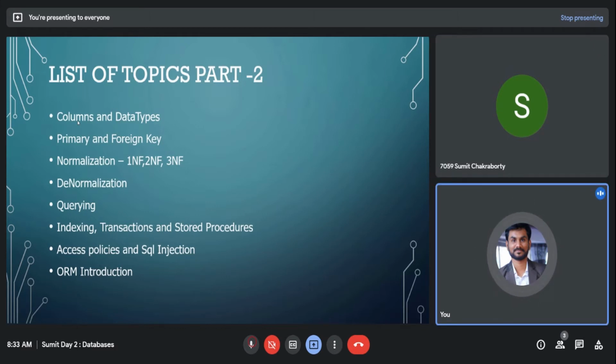Column is first name, last name, and date of birth, whereas row is Sumit Chakrabarti, and then say 10th of July 1997 as the date of birth, right? So that's your row. So what is your primary key there? It could be anything. It could be as simple as 1 2 3 4 because you are the first student there, or it could be uniquely identified by some other key. Maybe phone number could also be a primary key, assuming that each person will have a different phone number.